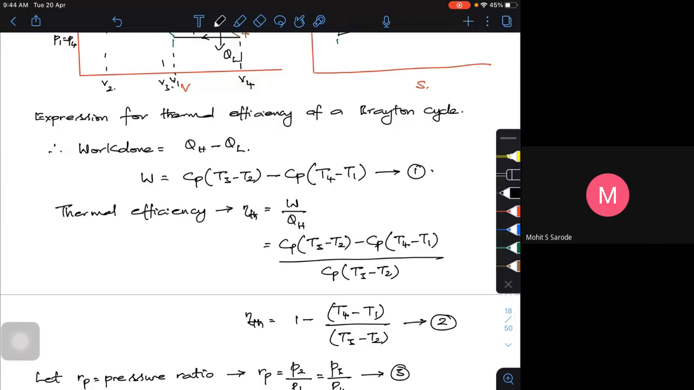So what should I do? I should take equation number 1, that is Cp into T3 minus T2 minus Cp into T4 minus T1, and differentiate it with respect to your pressure ratio and equate it to 0. If I am able to do that, I'll be getting a condition for Rp, that is your pressure ratio. If I substitute in my work done expression, I'll be getting the maximum work done. Are you getting it? So this is how you can